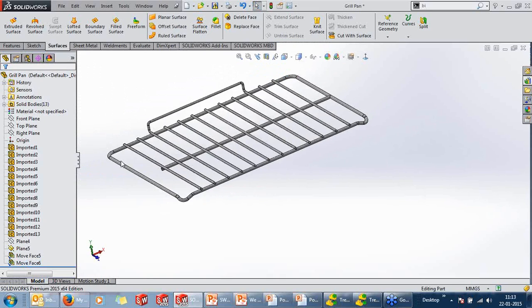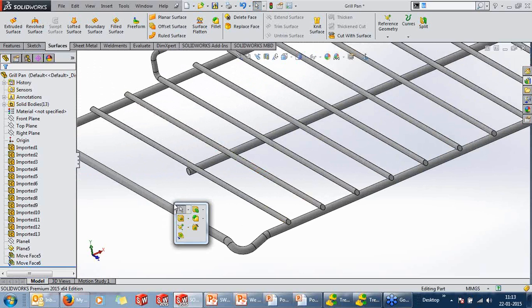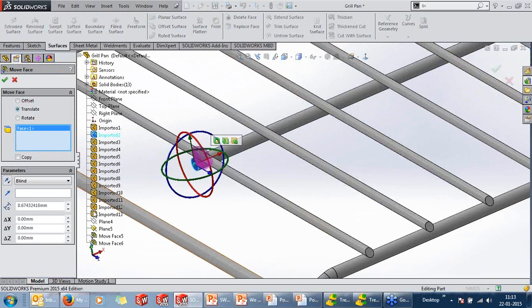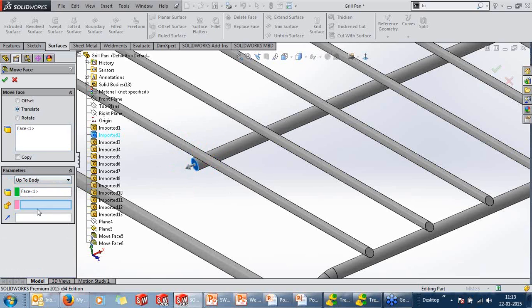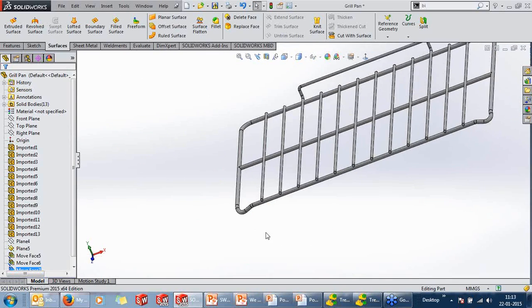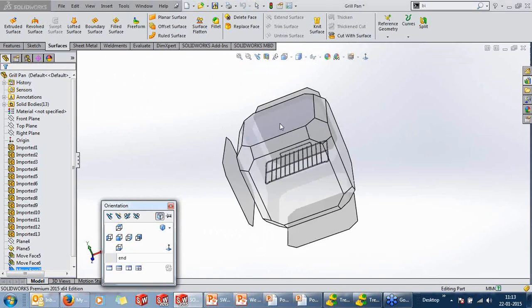So up to body, we'll just see an example for up to body as well. So going into move faces, selecting the face, up to body, and the destination surface. So creating this is much easier in SolidWorks 2015.